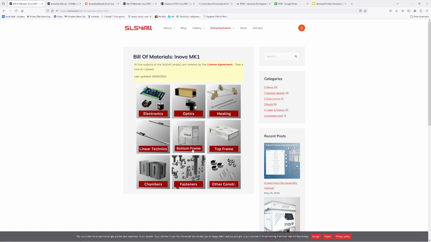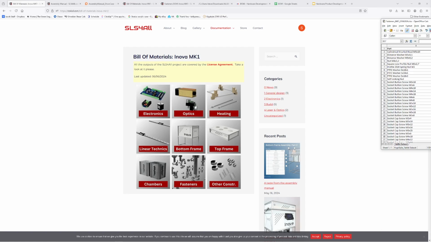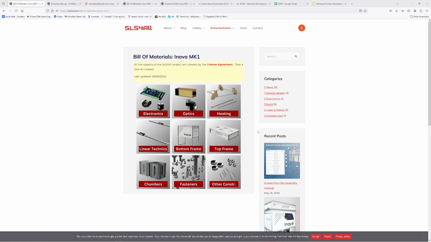So let's go ahead and take a look here. I actually downloaded one of them. Now with this one, I'm not crazy about the setup, but he is doing basically what I was talking about, which is he is using the BOM from the model. He's using the hierarchy from the model to create the BOM, right? But I'm not crazy about how he separated the BOM and also how he separates this. So it's cool that he has all the images of what it goes to, but it would be nice if